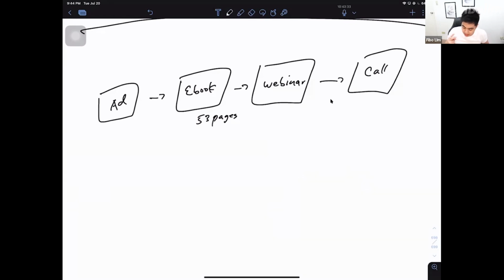So that's number one. Number two is this. At 53 pages, most people would not even start reading it because they don't have the time as of now. So they're gonna say, I'm gonna read that tomorrow. So most probably, sabihin lang natin 10 to 20% would start to read it, but only 1 to 5% would finish the ebook. Okay? So this is based on experience.